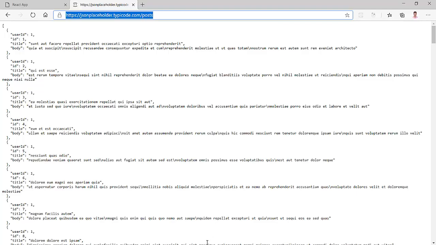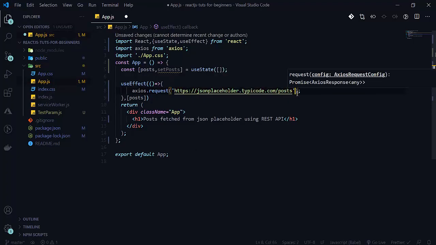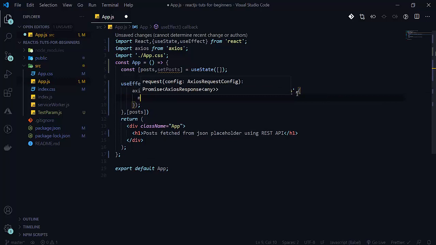Copy this and paste here, then after a comma there will be a second argument in braces, where we write method equals get.